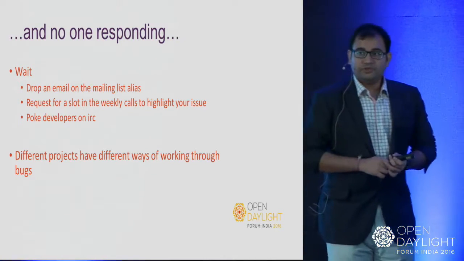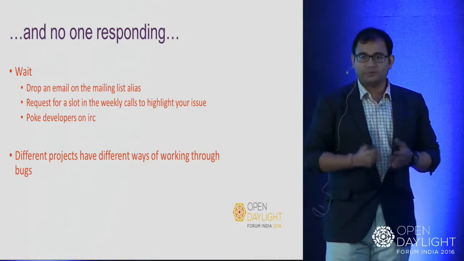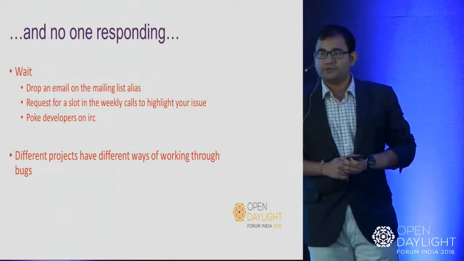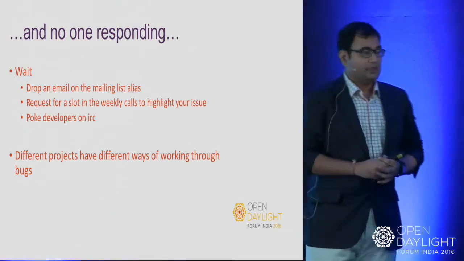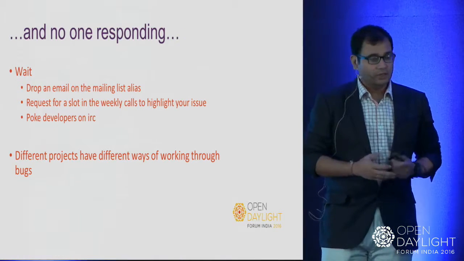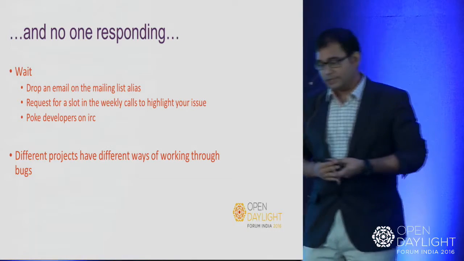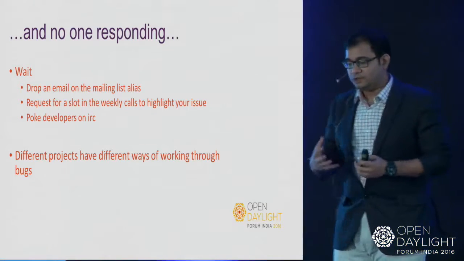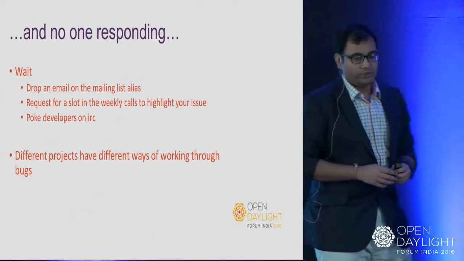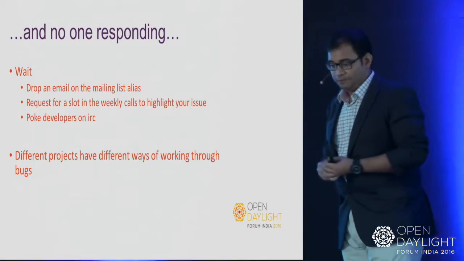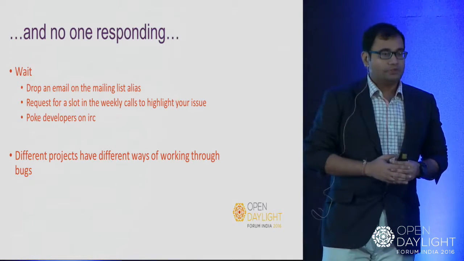Most of the times we find a bug, we attach all the information, we open a bug in Bugzilla or the bug tracking tool, and more often than not, we find that nobody is responding to the bug, and it's very frustrating. So we say, I have filed a blocker, I have filed a critical bug, but no one in the community seems to be bothered by it. Yeah, we know about that. Different projects have different timelines and schedules in which they pick up and triage bugs. So it varies from project to project, but overall what we suggest is you wait for some amount of time. You probably give them a week and see what the progress on the bug is.